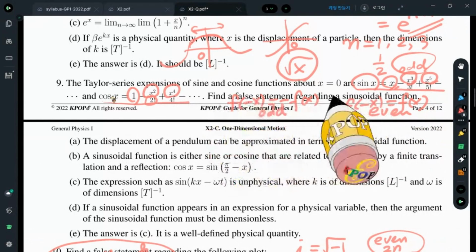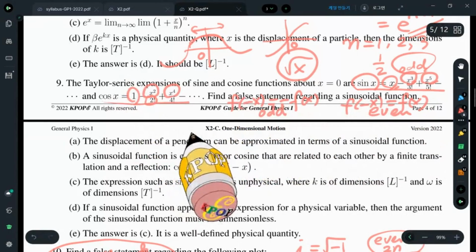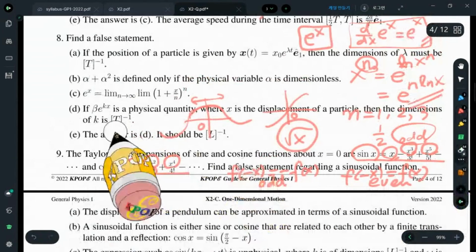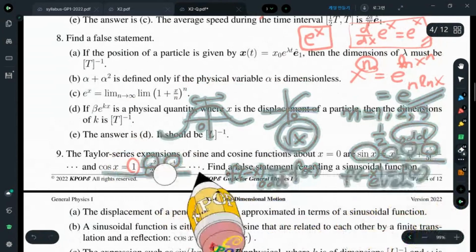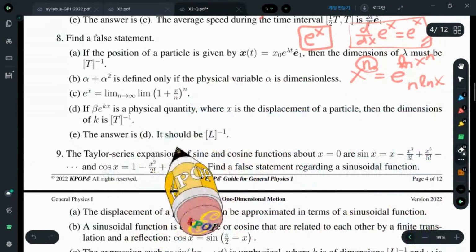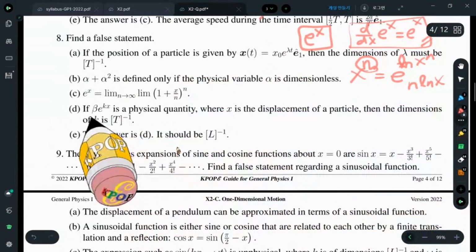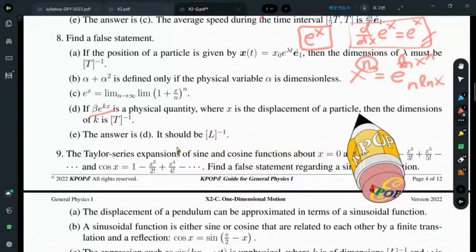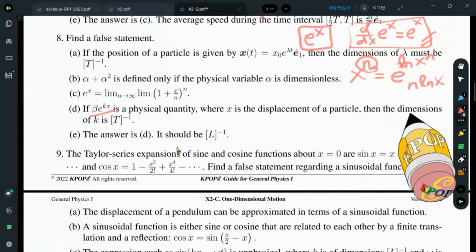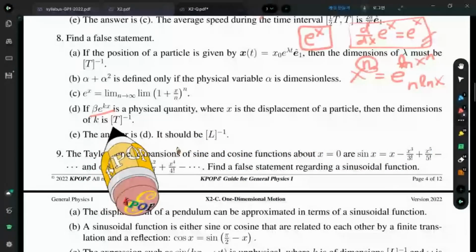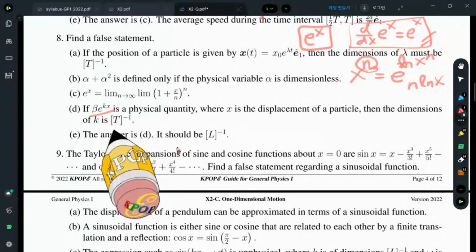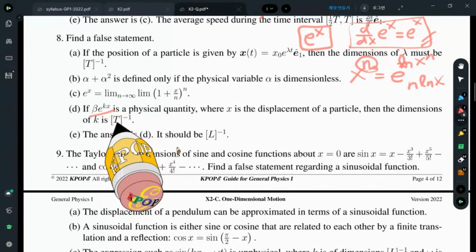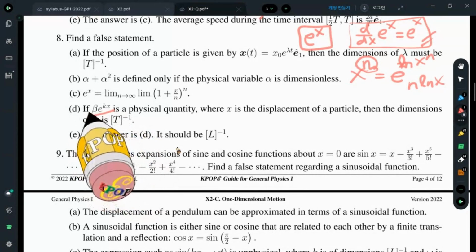Now you are familiar with this kind of expansion. Okay, so if this is a physical quantity where x is a displacement of a particle, then the dimensions of k is inverse single power of time. That's wrong. The reason is that, first of all,